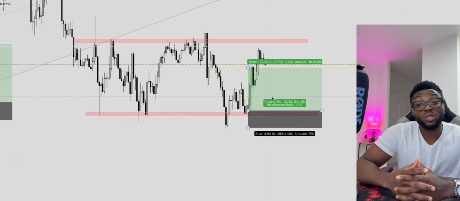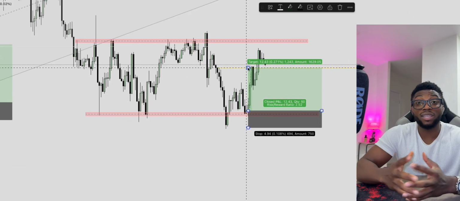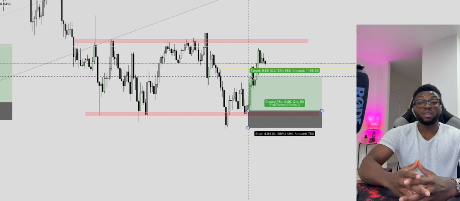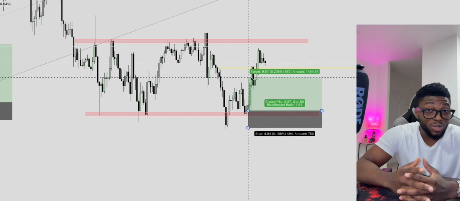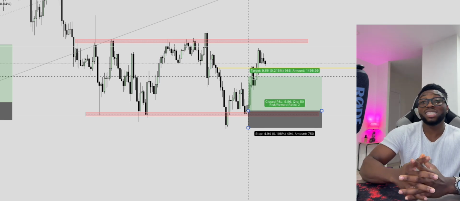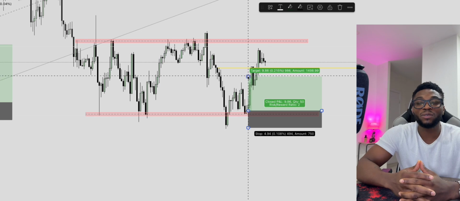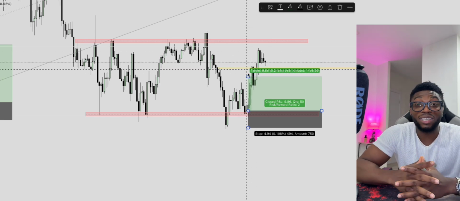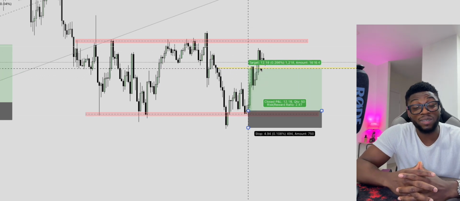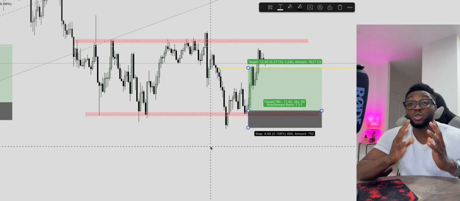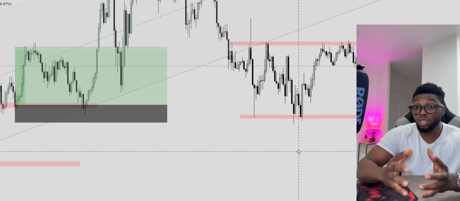Okay, so this is the trade I took today on gold. It was a quick one, like a 1 to 2, and I didn't even wait for the market to get to my TP before I closed. So I think I closed at exactly 1 to 2 somewhere here. Yeah, I closed very quick. But the TP was here, which you see the reaction when the market got there.